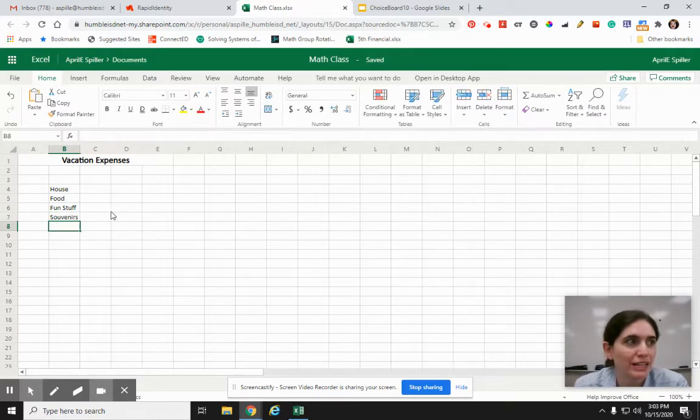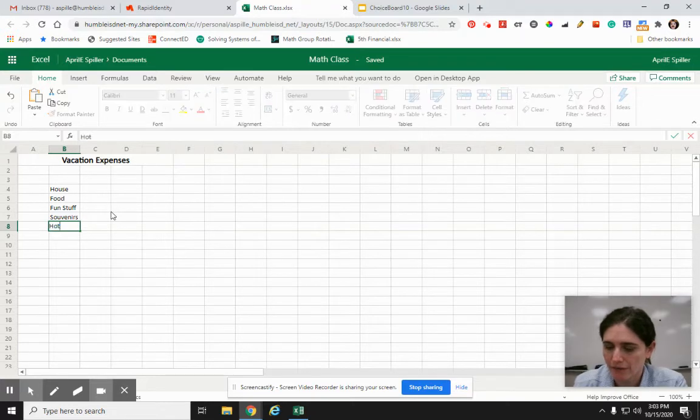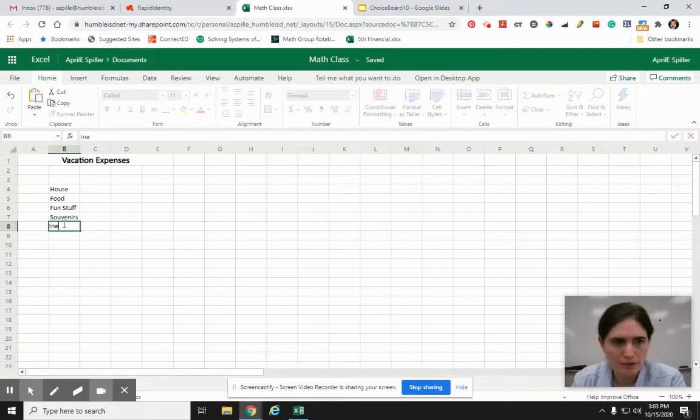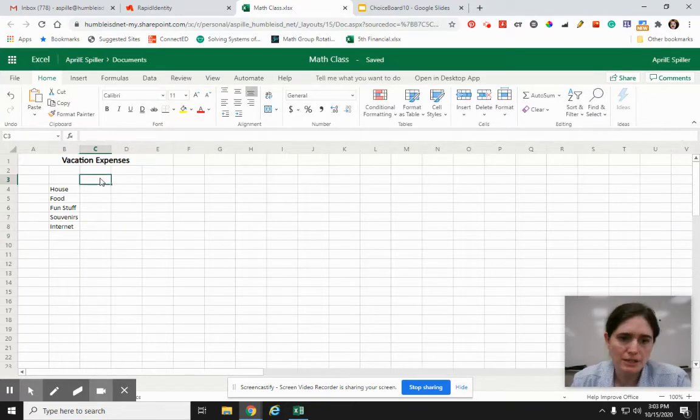What else would I have on vacation? Say I got a little hotspot with like T-Mobile or AT&T. You can get the hotspot, like the little portable ones that you can use wherever for internet. Just pretend like there's no internet there. Hotspot. I just put internet. Okay, so per week,